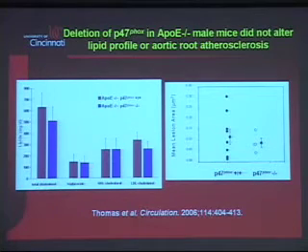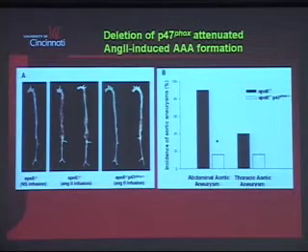And as Alan has alluded and others in the earlier presentations that you all heard, we and others tend to see divergence in the effects of maneuvers to look at aneurysm formation and atherosclerosis. And for example, deletion of P47-PHOX had no impact on the lipoprotein levels in these mice, and really virtually no impact on atherosclerosis at the level of the aortic root. Again, suggesting these disease processes may be quite distinct